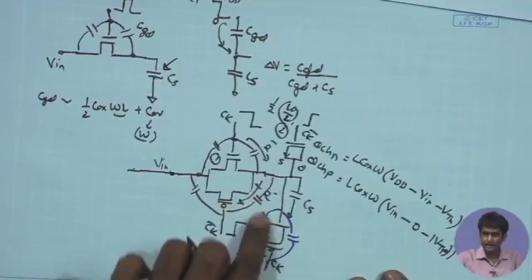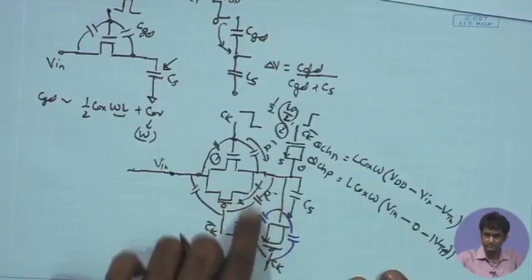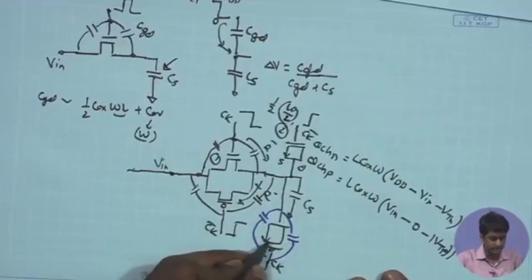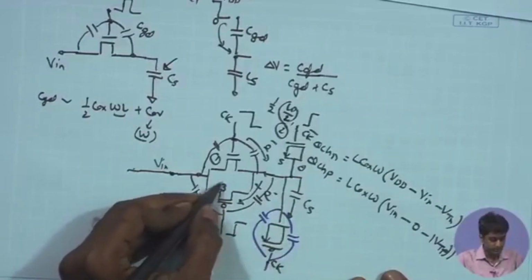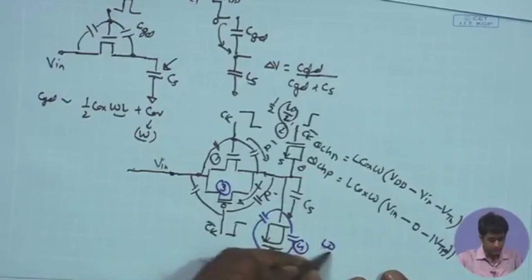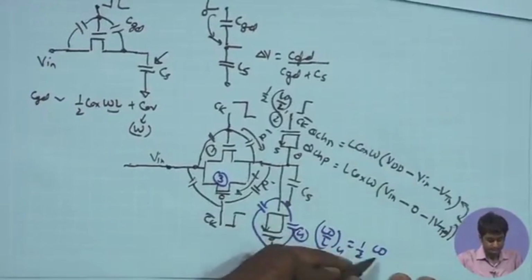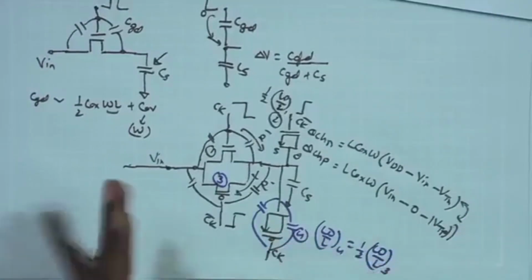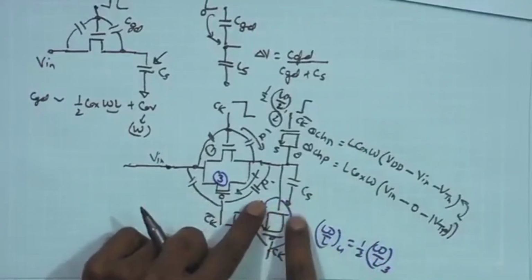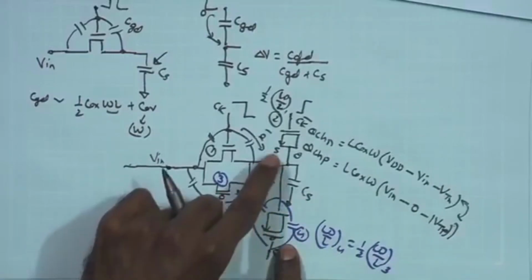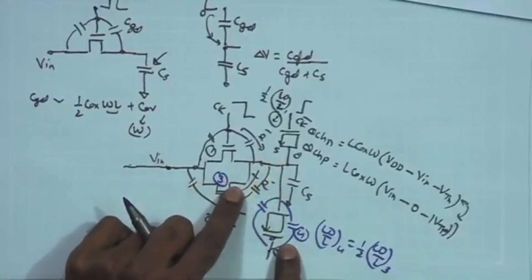This capacitance and the total capacitance provided by the parasitics over here will be similar. So, I am assuming that if this is 3 and this is 4, W by L of 4 is half W by L of 3. Under that condition, once again these two capacitances combined together will be equal to the capacitance over here,